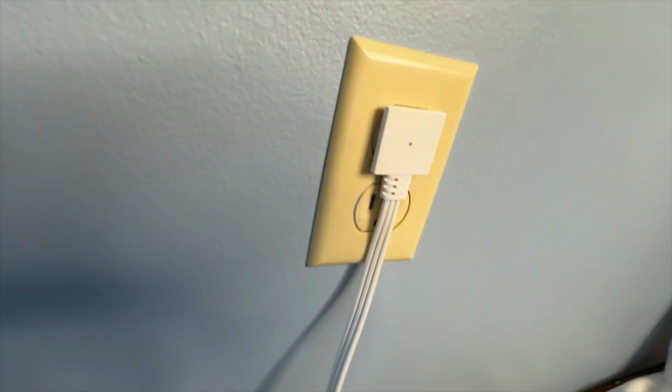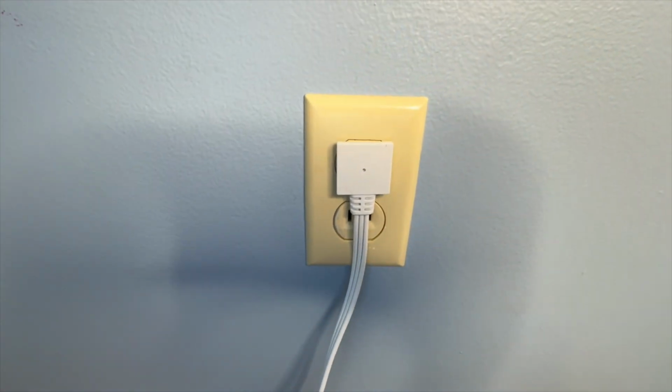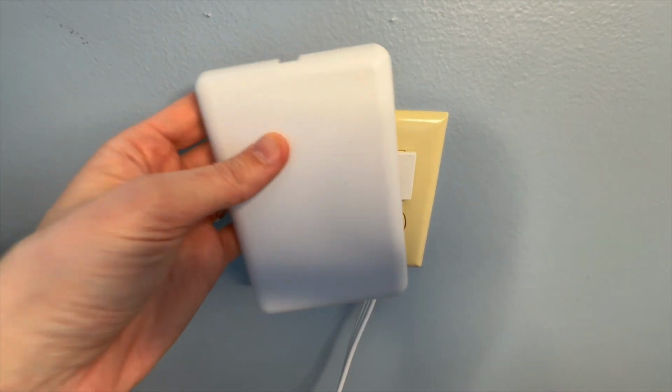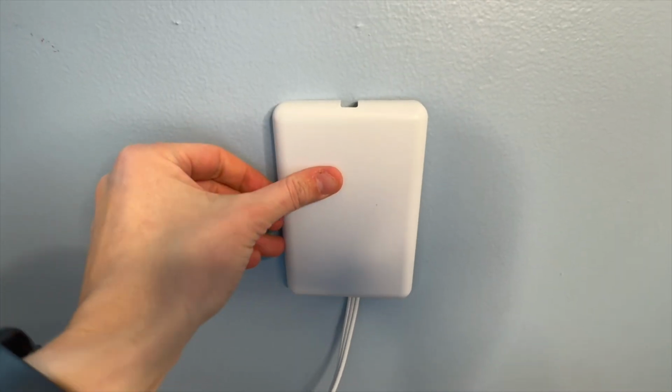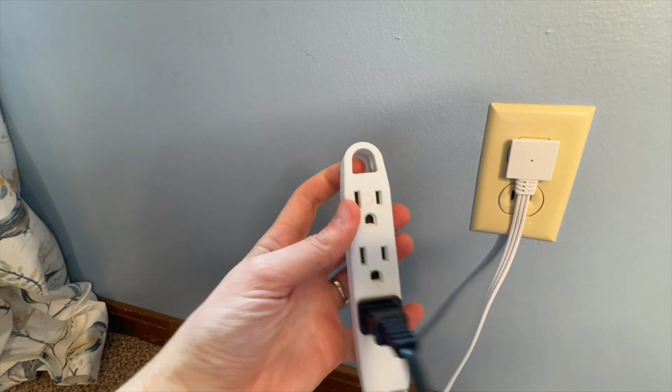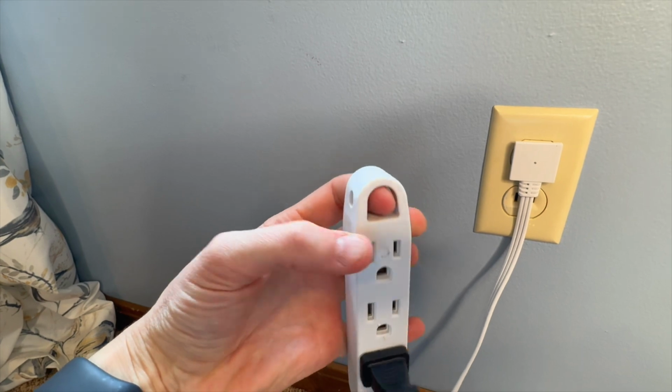I really appreciate all of the features that come with this, especially with having this just to help with kids and pets. To be able to cover up that outlet, that is just a great idea. One of the really neat things is this little holder right here at the top,